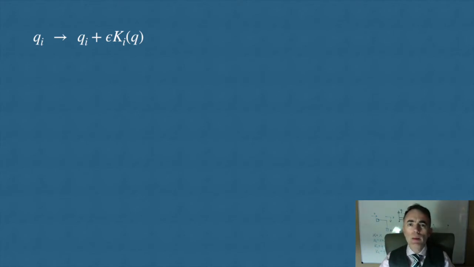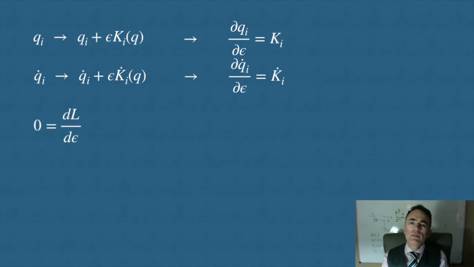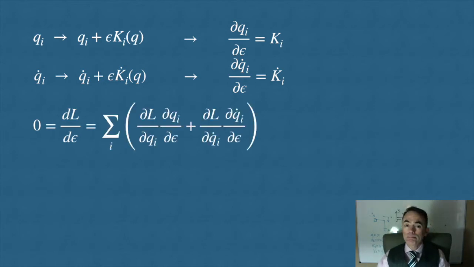Each k of q may be a function of all the coordinates, k sub i, which I collectively denote by just q. The fact that the Lagrangian is invariant, that it does not change at first order in epsilon, means that its derivative with respect to epsilon is zero, which mathematically is written as